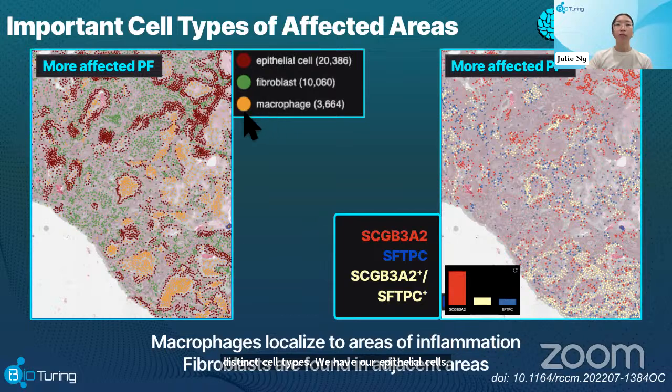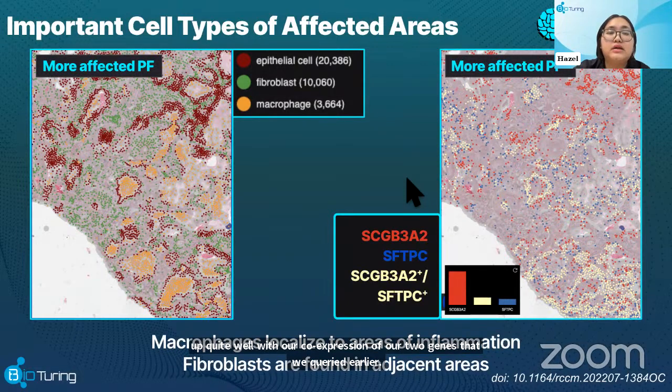You see that the macrophages in orange are localized to this small area right here. Surrounded by that are our epithelial cells, and adjacent to that area are also our fibroblasts. The localization of the epithelial cells also lines up quite well with the co-expression of the 2 genes that we queried earlier. That's interesting,